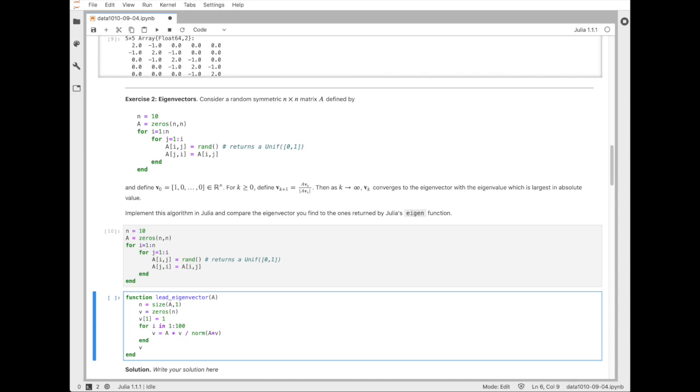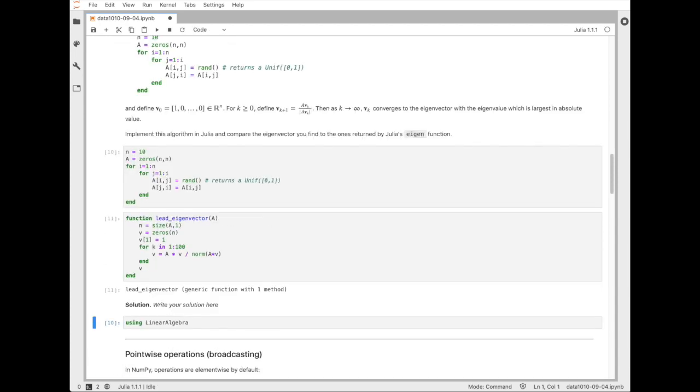We could do that. We could make an array of vectors and push into that array the new values, sort of grow the array as k goes from, sorry, call it I, as k goes from 1 to 100. But we don't care about the intermediate values, we just care about the value at the end. So we can save some memory by just reusing this variable v and assigning to it again. So we return v at the end,